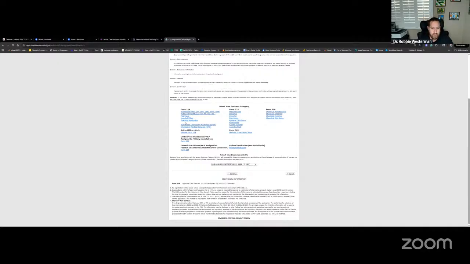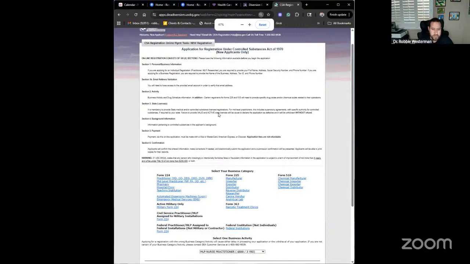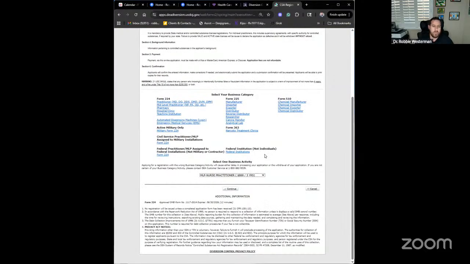It's kind of a lot, but that's what it is. You really only need one DEA per state. If you're practicing telehealth in other states, you may need to get a DEA in other states, but it's coming down the pipe. It's probably going to be next year. Right now, technically you don't, but some states are even changing what they're doing now.